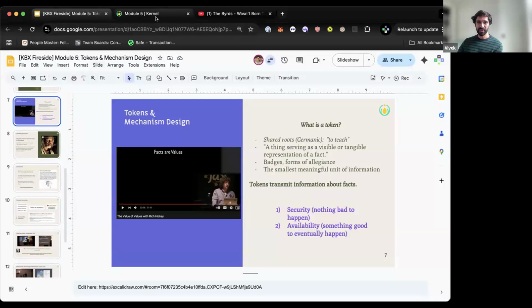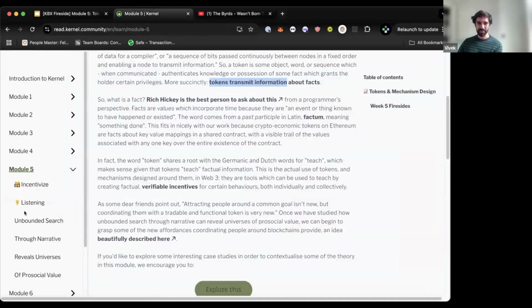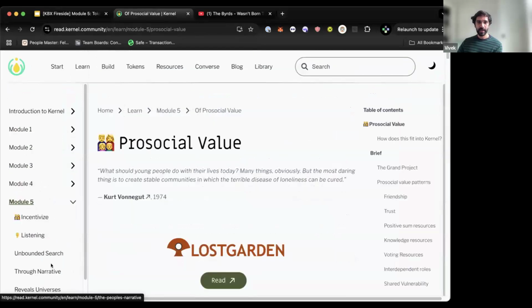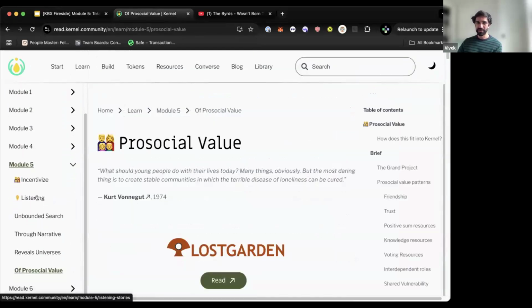There's a few other things that we might get back to in this module about incentives and listening and more pro-social design for tokens. The module leans upon this idea that listening and narratives are as important in tokens as the simple design. But I want to do so with Arweave and AO as an example. And I think what I'm going to try to do, Tate, is a V1 and then see if that jumps us off into conversation.